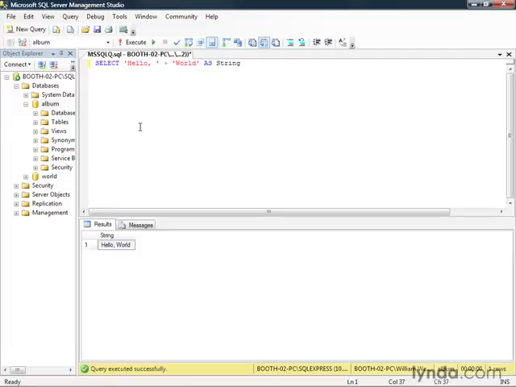So here in Microsoft SQL Server, we can see that we can concatenate two strings by using the plus operator. We have one literal string here, which is hello with the comma and the space, and another literal string here, which is world, enclosed in single quotes. And our result has hello, space world, because we've put these two strings together. We've concatenated them with the plus operator. So that's how you do it in Microsoft SQL Server, which is very different than how you do it in